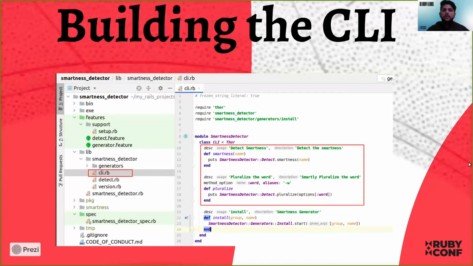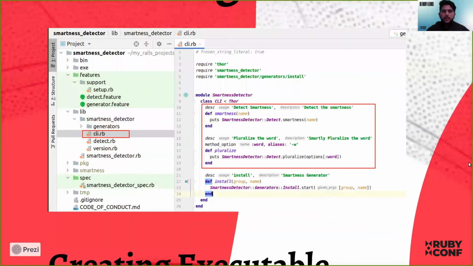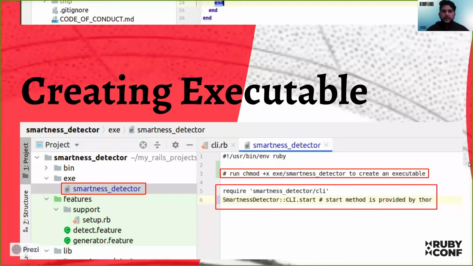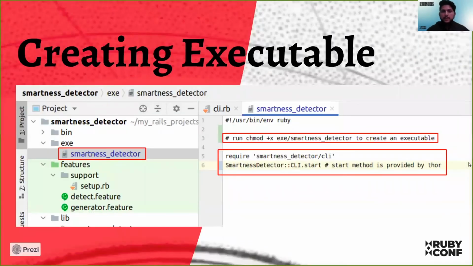Now we need to create an executable. Creating an executable is very simple. You just have to add an exe directory in the root of your gem and just call start on the CLI class you just created. For that, you just have to require smartness detector slash CLI class and call start on that.